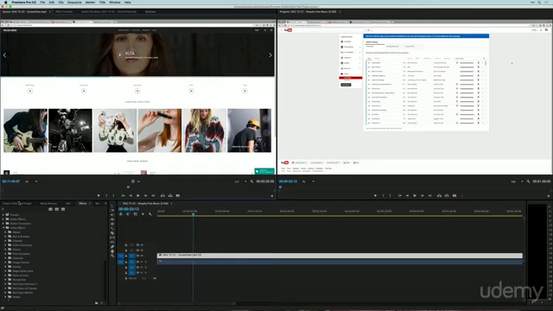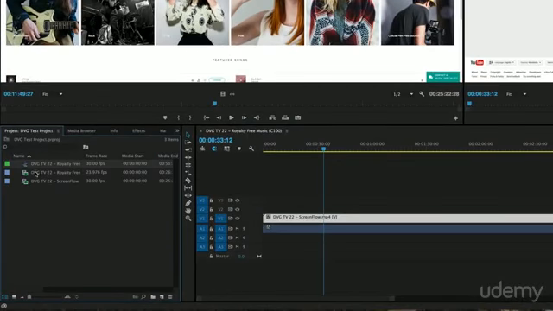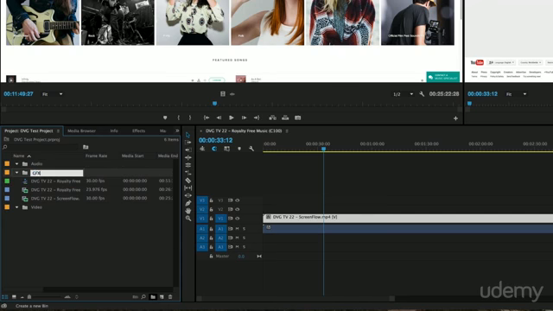So let's open up the source menu again and go back down to project here. Down here you have different ways to view things, and you can make bins, which are like folders. So I could say video, and then I could make one for audio, and I could make one for graphics. And that would be a way to organize your files. So then you can take your video and put it there. Maybe you have one for